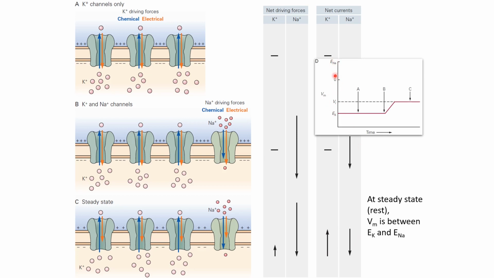So this is the value of membrane potential or voltage on the y-axis, and this is time. And in the beginning, when only potassium channels were open, the voltage was same as Ek. And when we opened some sodium channels, at that point the membrane potential started rising because sodium ions were moving in, but at the same time potassium ions started moving out, and eventually the membrane potential reached a saturating value. So this saturating value will be somewhere in between Ek and ENa.